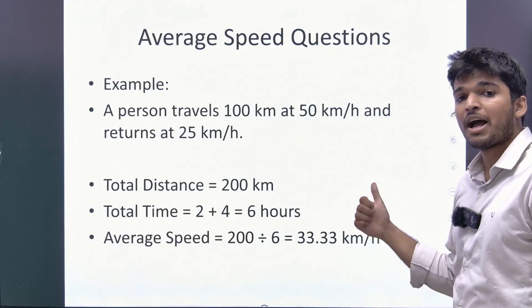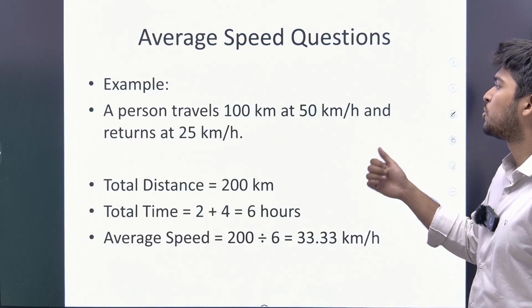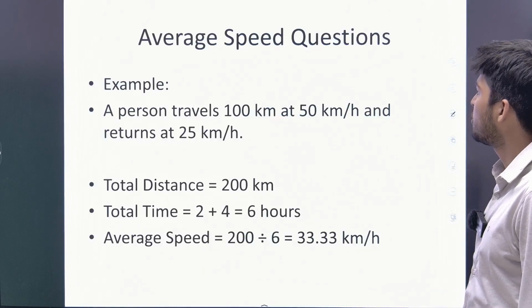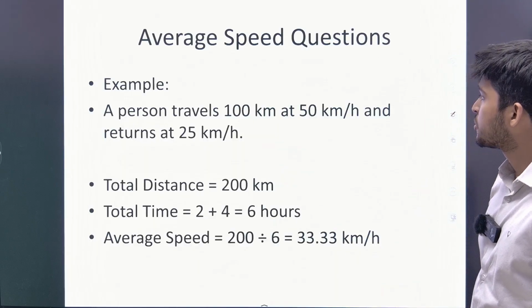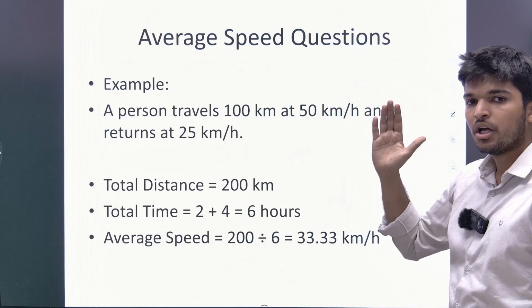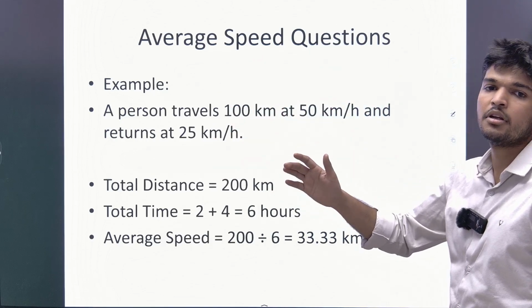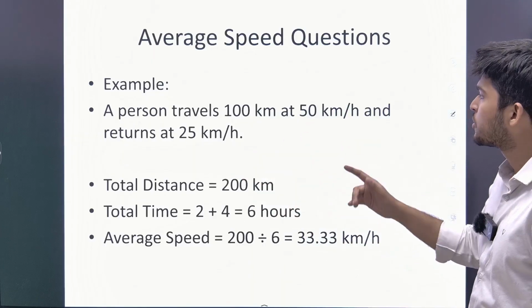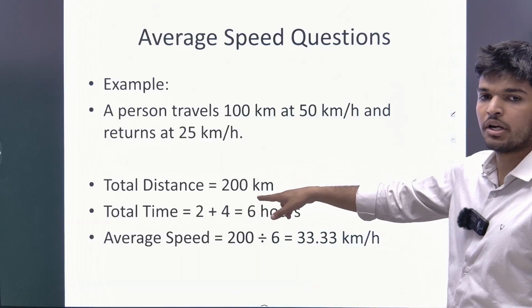This is the example of average speed. It is one of the most important concepts. A person travels 100 kilometers at 50 kilometer per hour and returns at 25 kilometer per hour. So the total distance would be the 100 which the person took to cover that distance, and another 100 which the person had to travel to come back. So 100 plus 100 is 200. So total distance is 200, and